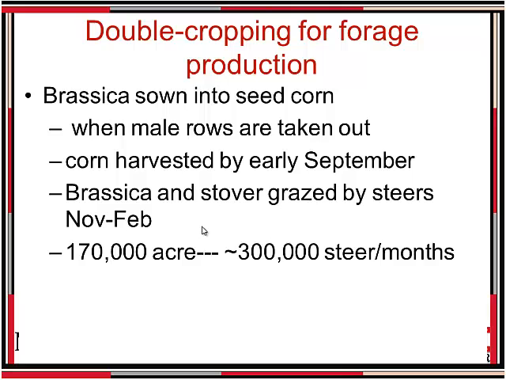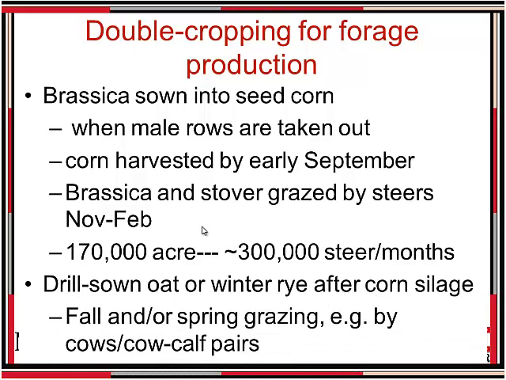And figuring that we have like 170,000 acres of seed corn production in the state, it looks like it could support around 300,000 steer months of feeding. And they claim they get 2.7 pounds a day of gain out there, which is quite good considering how little they invest. Another obvious opportunity is drill seeding of oats or winter rye into your fields after cutting